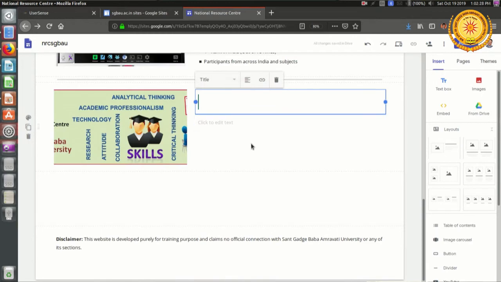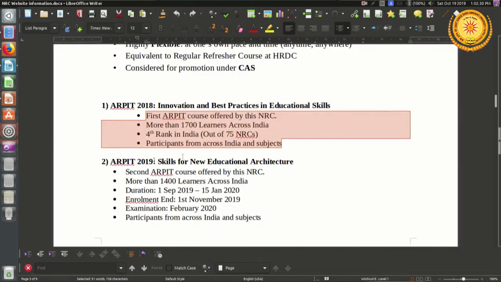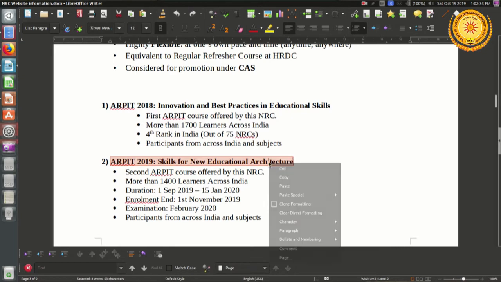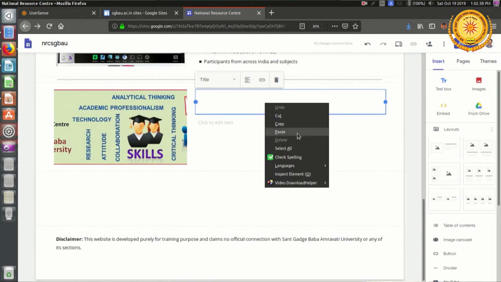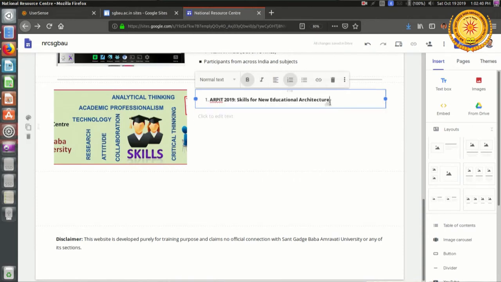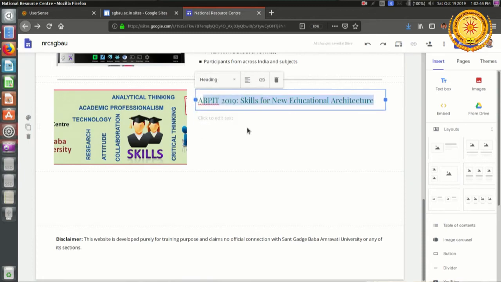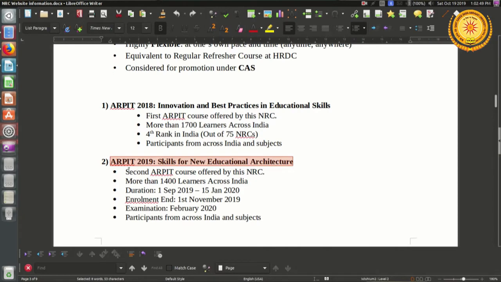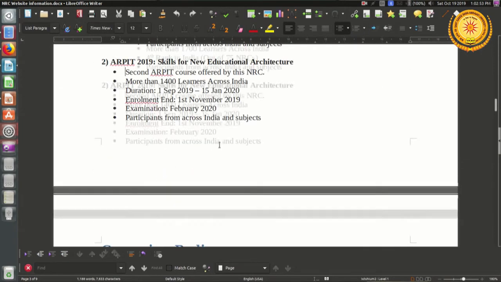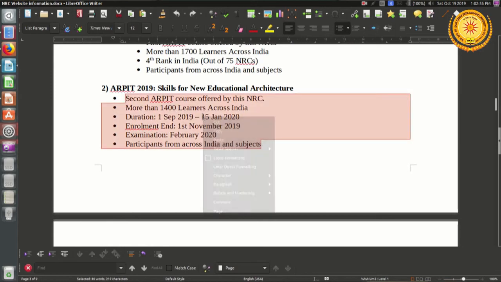Then the title, I am selecting it, say copy, then paste it. I want to make it as a heading. So it is a heading now. Take the contents and select and say copy,